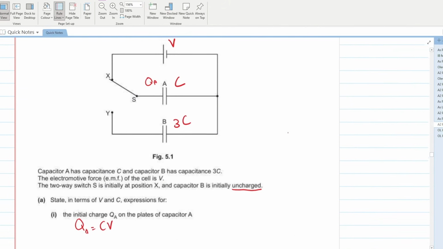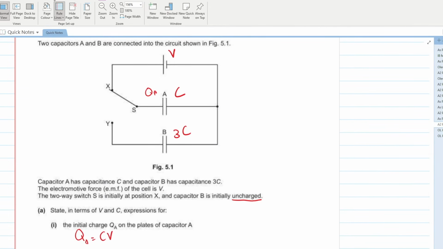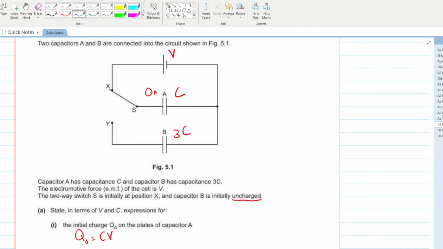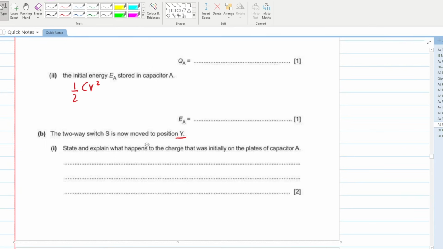भाई इनिशियली जो चार्ज कैपेसिटर, अब आप क्या कर रहे हो बेसिकली, लेट मी ड्रॉ द डायग्राम एज वेल. यू हैव मूव द स्विच इन अ वे दैट इट इज नाउ एट वाई लाइक दिस. अब वो वाई पे इस तरह है, ठीक है. नाउ यू हैव टू टेल व्हाट हैपेंस टू द चार्ज दैट वाज इनिशियली ऑन ए. इनिशियली जो चार्ज ए पे था अब उसके साथ क्या हो रहा है. नाउ द चार्ज